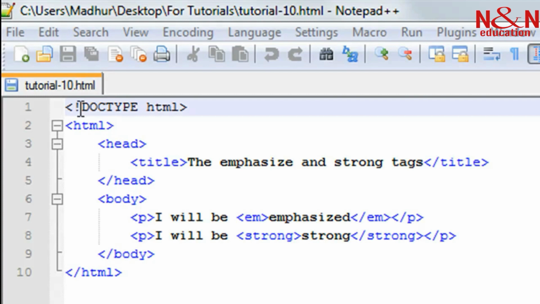It's called tutorial-10.html. On line 1 I have the doctype declaration. On line 2 I have the opening HTML tag. On line number 10 I have the closing HTML tag. Between these two I have the head section and the body section. The head section has a title tag, which has the text, the emphasize and strong tags,